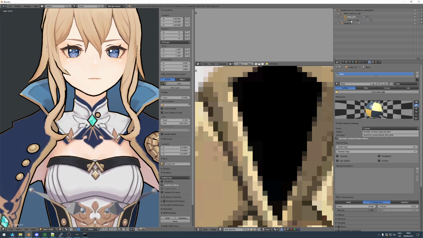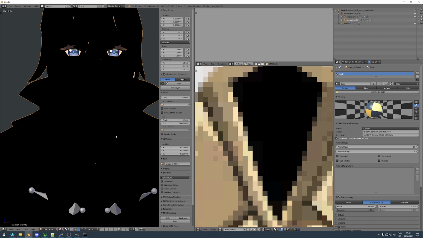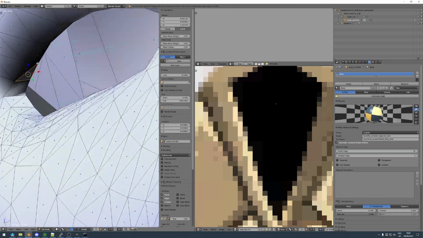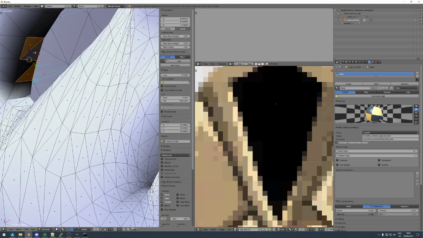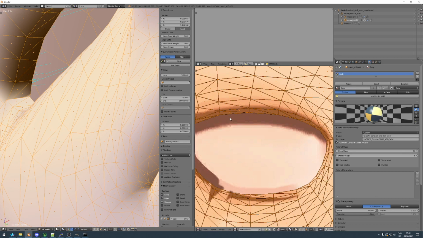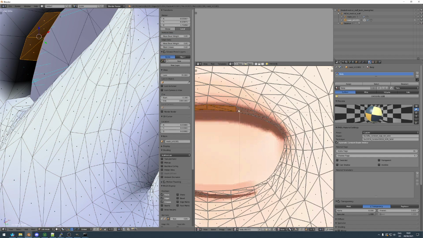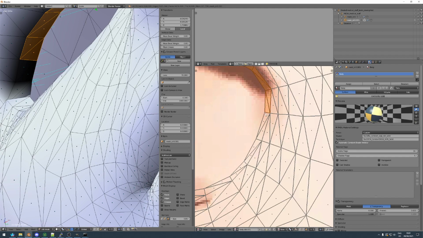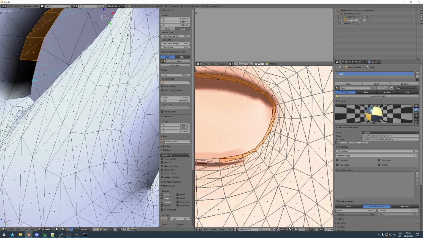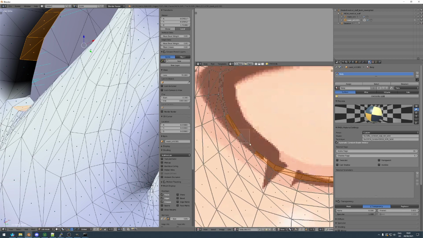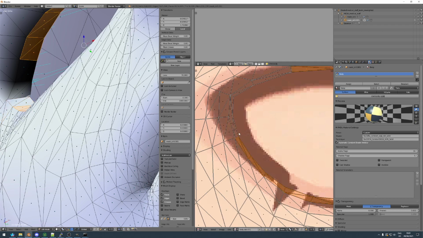So, there's something weird going on with the eyes. Alright, that's not good. Go back a little bit. Oh, it's probably this part. Ah, it's this. Okay. I'm gonna get rid of this part of the face around the eyes as well, so that the eyes don't look weird. That's another one of those things that nobody's probably going to notice in gameplay, but since it's a full body model, I want to